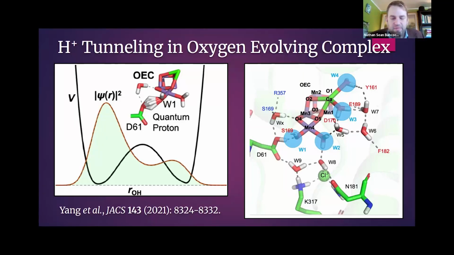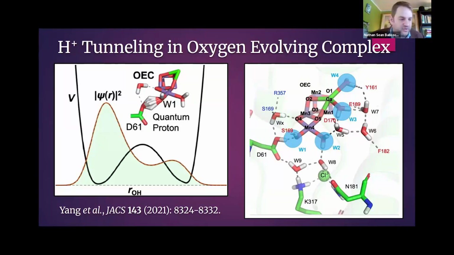And the importance of the proton delocalization in this system appears to be essential for enabling electron transfer, for disabling proton transfer. It keeps the proton from escaping during the enzyme process. It's important for the accumulation of oxidants that are necessary in order to actually carry out the enzymatic reaction, and also plays into an isomerization step in this system. So you can really see the involvement of water, proton tunneling, and so on and so forth. They all seem to be very essential in the oxygen evolving complex that ultimately takes water and produces oxygen during the photosynthetic reaction we all learned, where carbon dioxide and water form sugar and